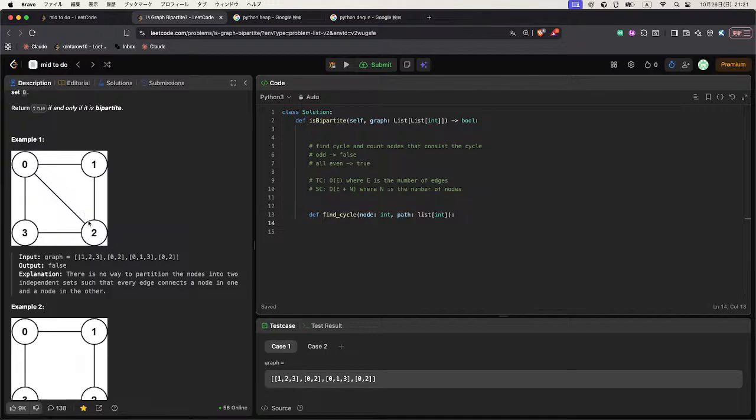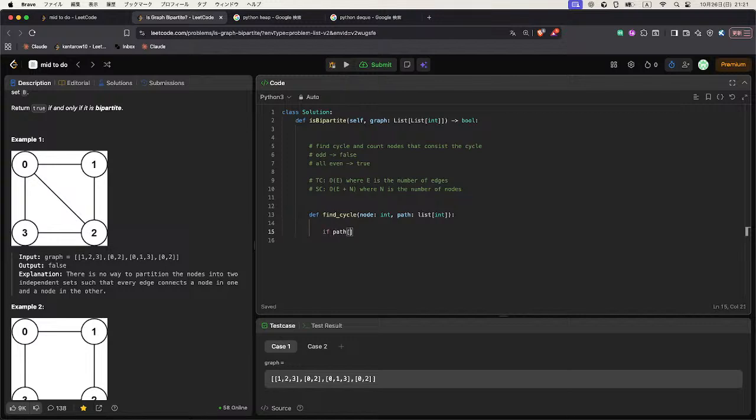We have two paths, so 0, 1, 2, and we call 0. So it means